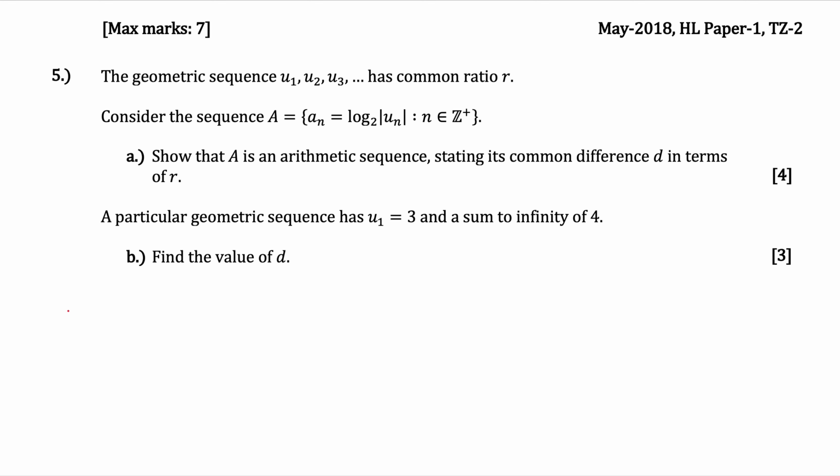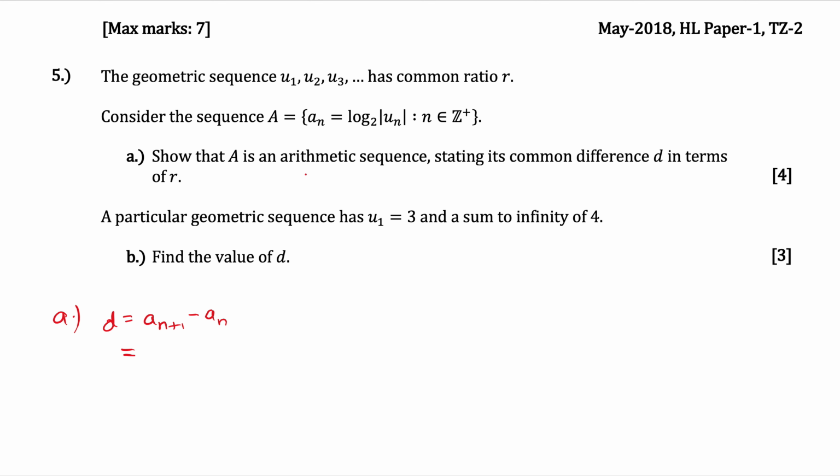So a sequence is considered to be an arithmetic sequence only when it has a constant common difference. So if we can somehow show that a_n has a constant common difference, we can prove that it is an arithmetic sequence. To find the common difference, we need to subtract two consecutive terms of this sequence. That is how we find the common difference of any arithmetic sequence. So the consecutive terms of this sequence will be a_(n+1) minus a_n. If you plug in any positive integer for n, these will indeed be consecutive terms.